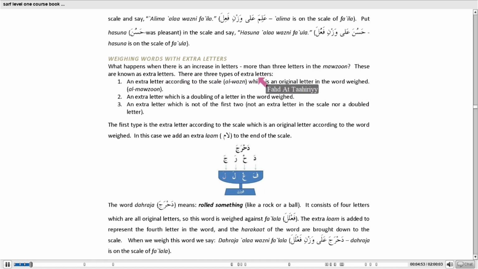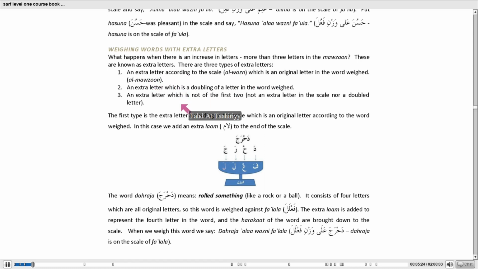Okay? However, there are 3 types of extra letters. The first is an extra letter according to the scale, but not according to the word weighed. Okay? This is because the original letters can be